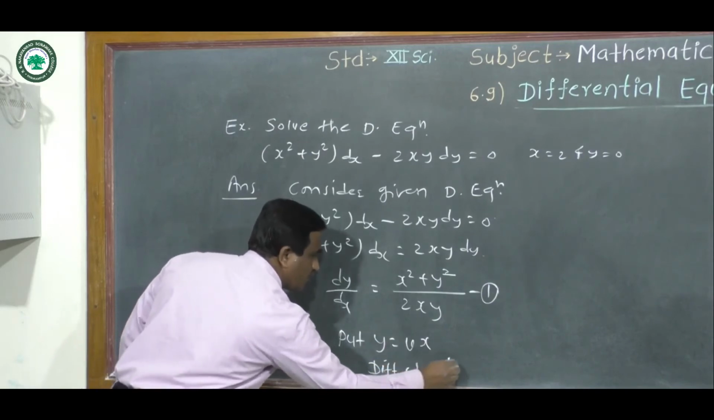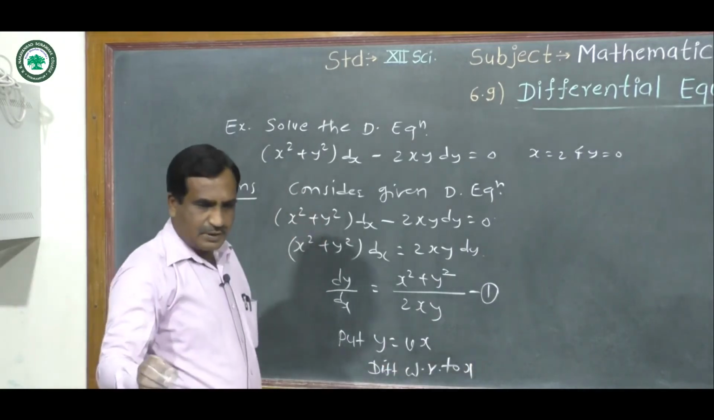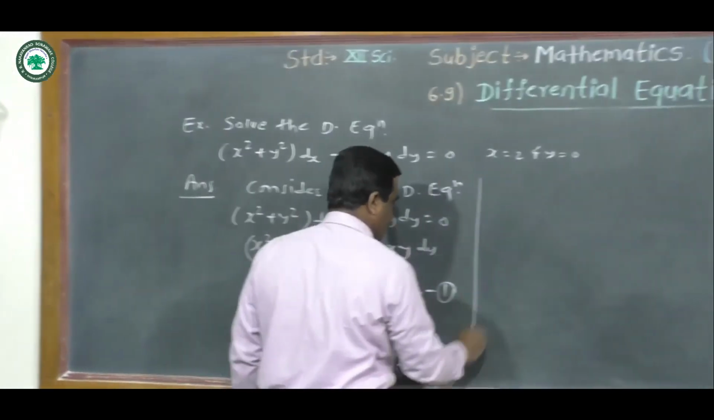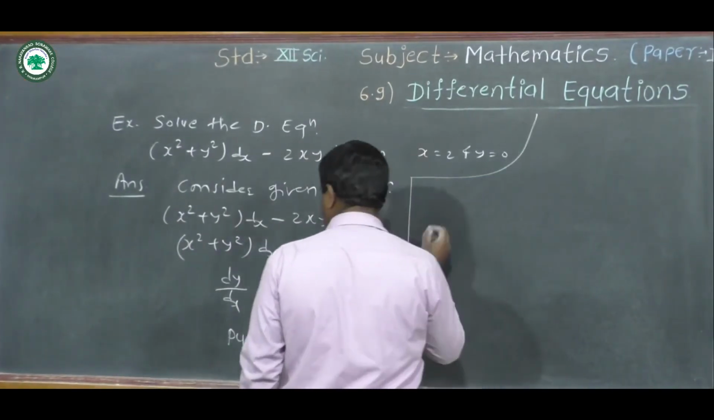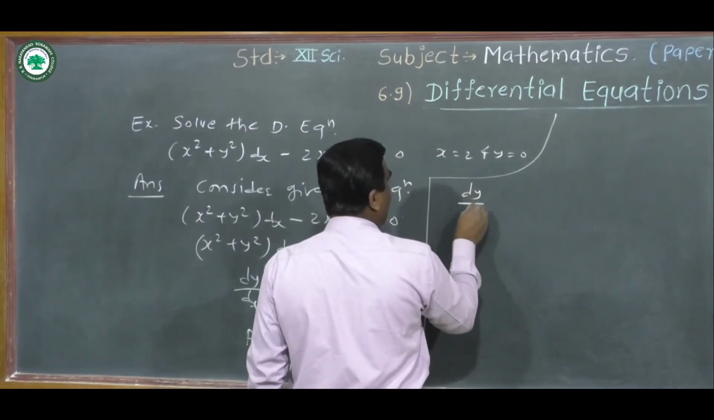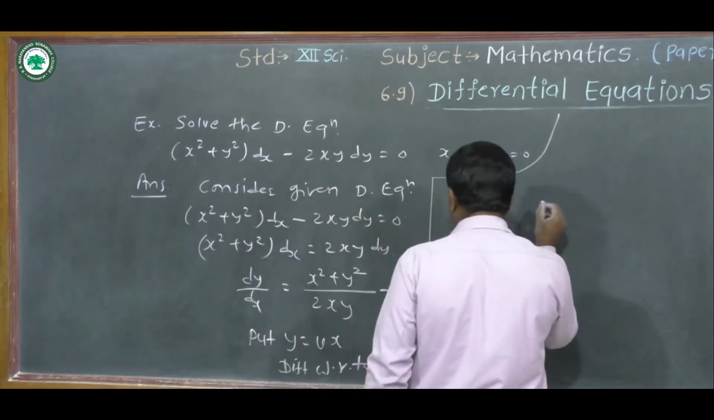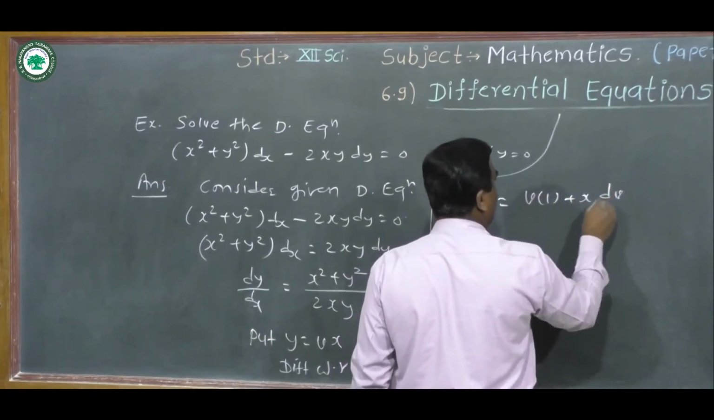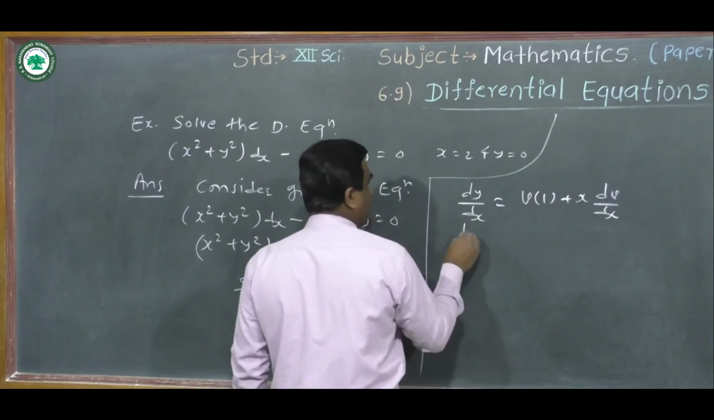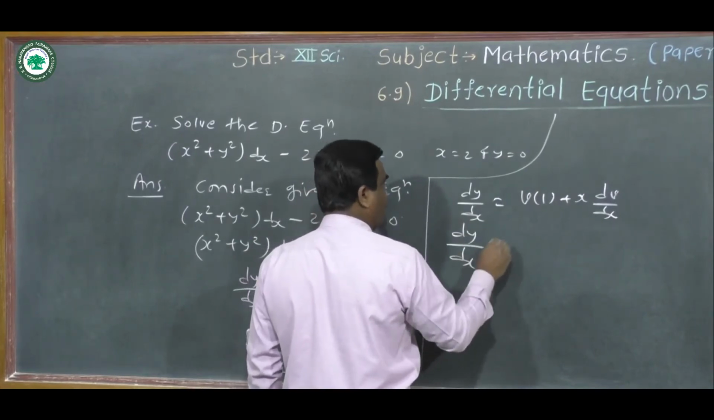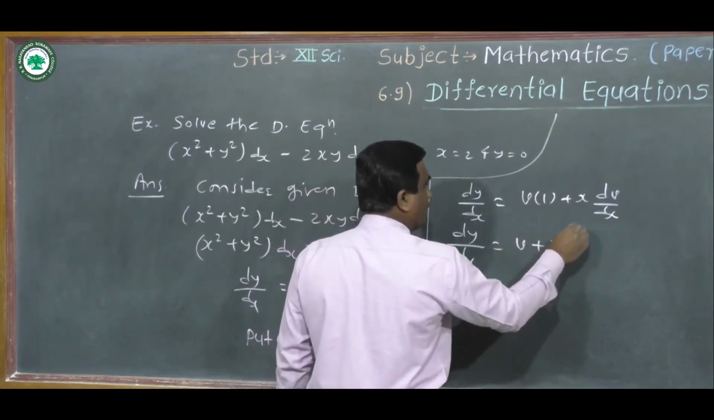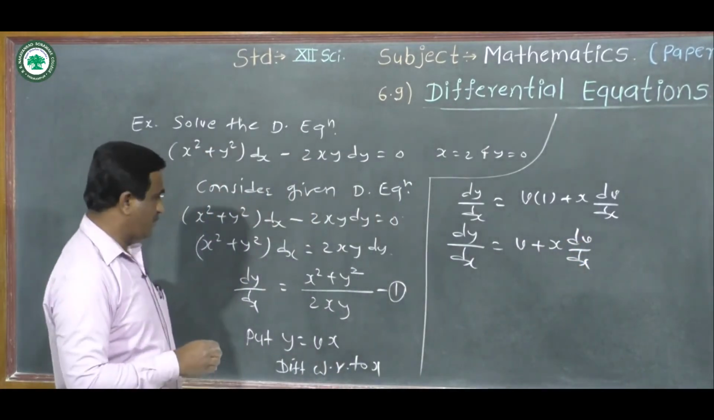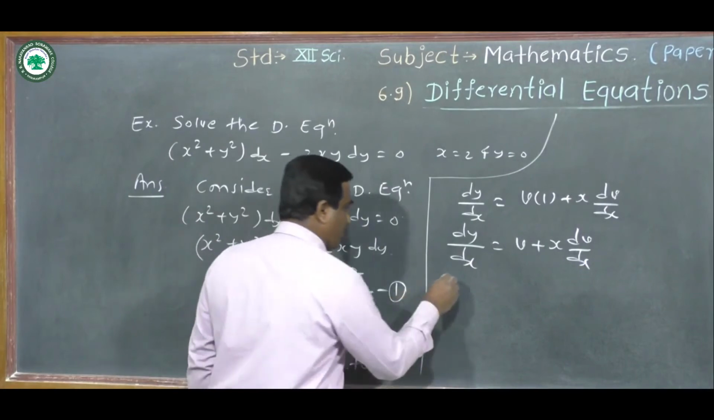differentiate with respect to x. Therefore, we can write derivative here. Derivative of y, dy by dx. Derivative of vx, v into 1 plus x into dv by dx. That is, dy by dx equal to v plus x into dv by dx. Put these values in equation first. Therefore, equation 1 becomes